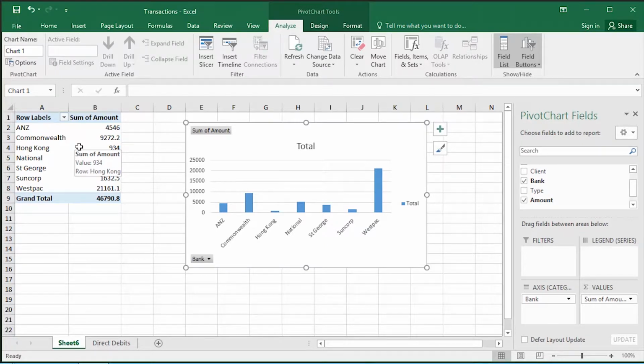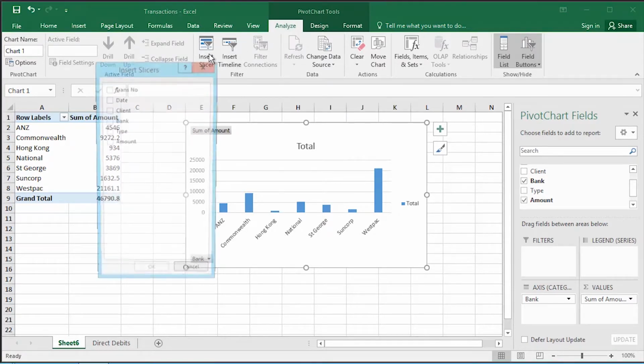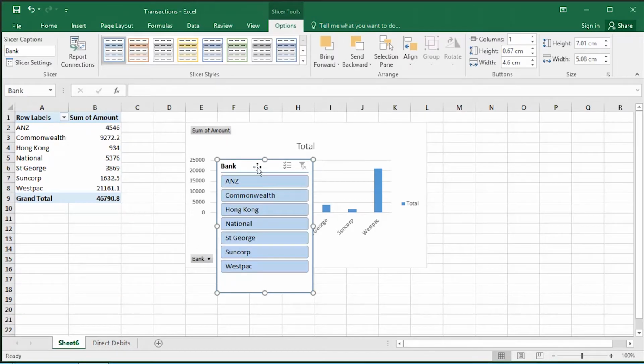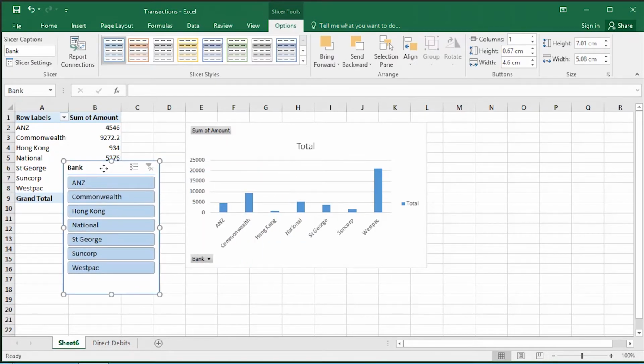Now, if I only want to display just a certain number of banks, I don't want to look at the full set of banks, I'm going to put in a visual filter. I'm going to put in a slicer. Click on the Analyze ribbon, click on Insert Slicer, and choose Bank, or choose whatever field you're interested in getting an insight into. When I click on OK, I'm generating a slicer which shows me all the different banks